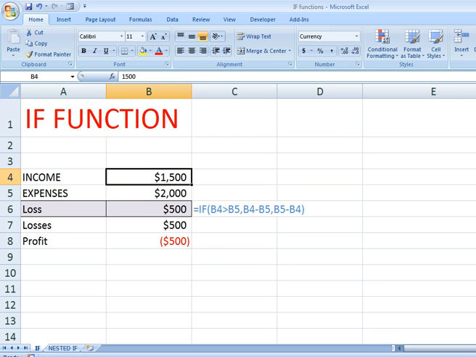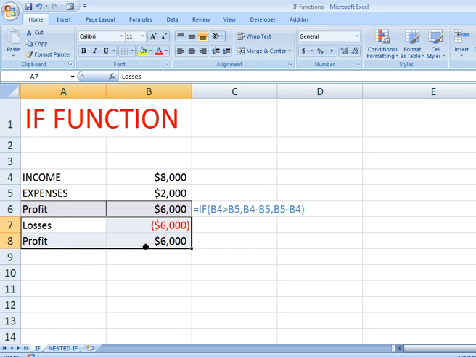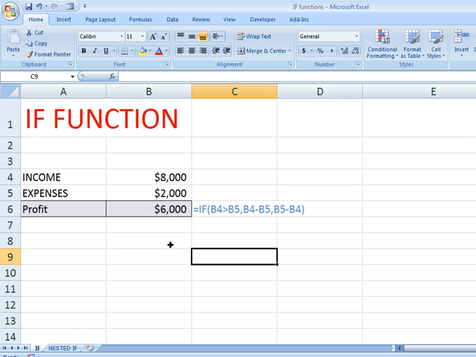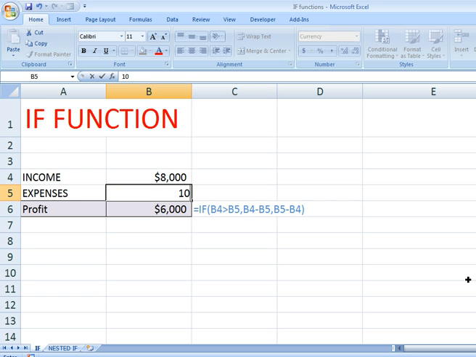See, I will enter 8,000 here, then the profit is 6,000. If I put 10,000 here, then there is a 2,000 loss.